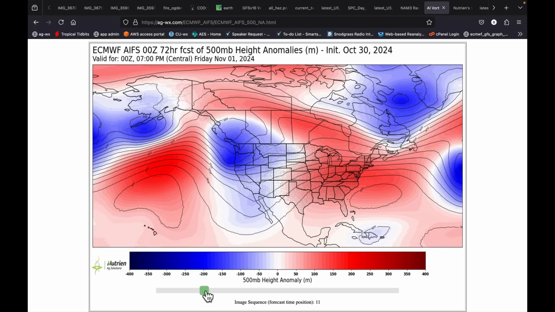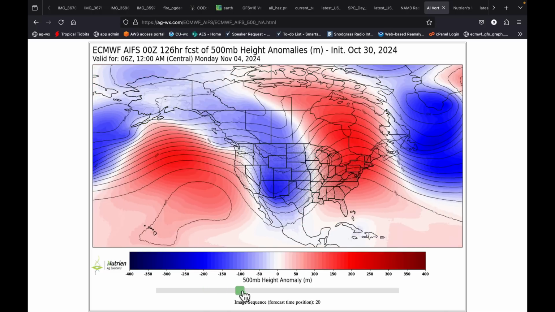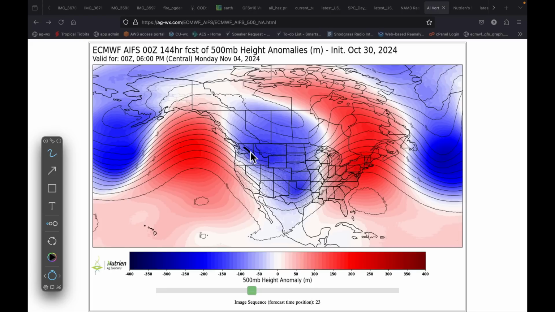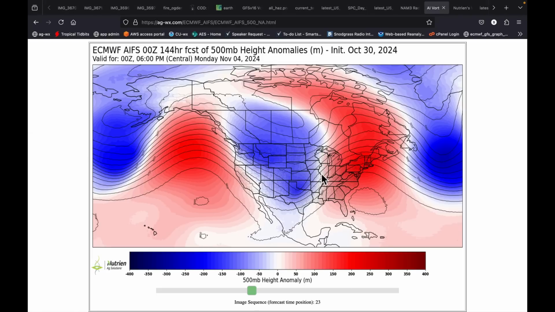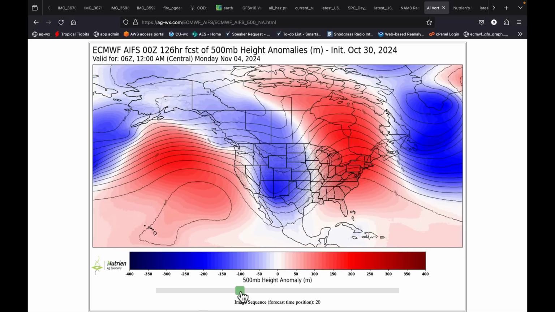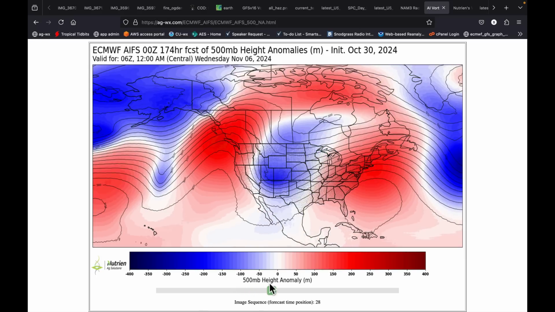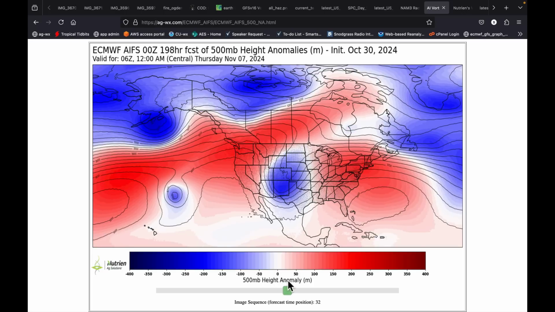Now playing it forward, here we are on Friday, that next system I mentioned in the northwest. It digs, and this is the one that I think has a bigger potential because it's got that classic setup with the trough on the backside that's broader, the shortwave out ahead of it, and this one's going to send the shortwave quickly through this area. And when are we? This is Monday, getting into Tuesday. So it flings it. Watch this again. Are you seeing this right here? Just watch it get flung right toward Wisconsin, and the reinforcing trough is behind it.